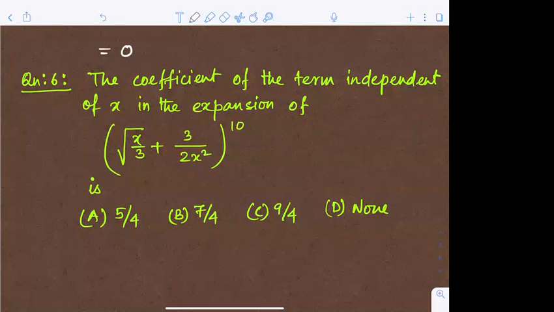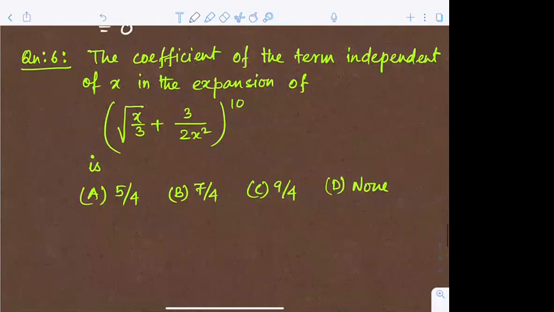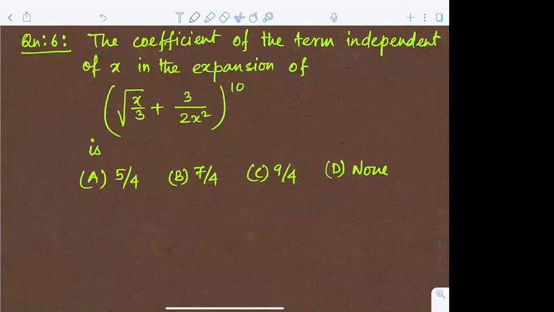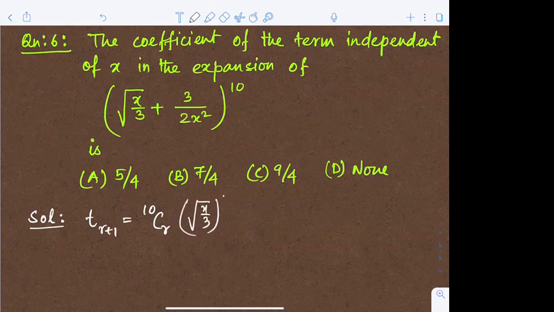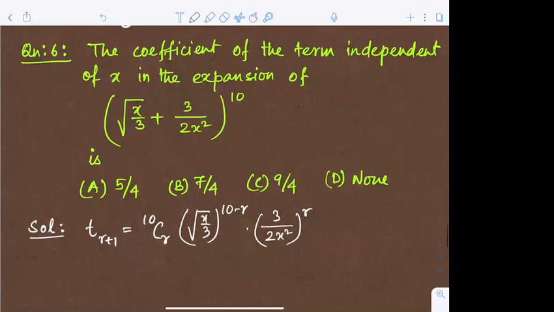Okay, let's see. So there is a basic one. Option. What you have to do here, we have to take the general term, that is t r plus 1, which is 10 cr root under x by 3 whole to the power 10 minus r into 3 by 2x square whole to the power r. So from here, since it has to be independent of x, so coefficient of x